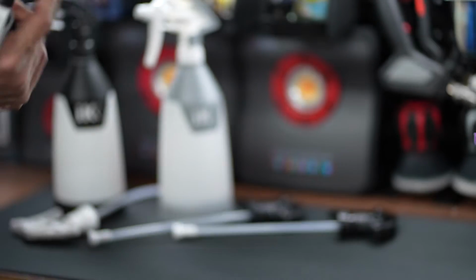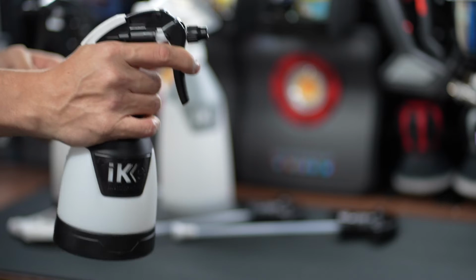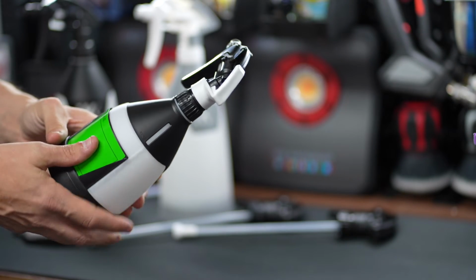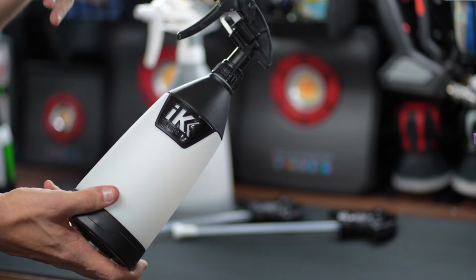Size-wise, I believe it's 20 ounces. It just holds what I need. And the fact that it's a 360 is incredible. I'm super, super in love with these. I probably will pick up more as time goes on, but I do like these for the larger